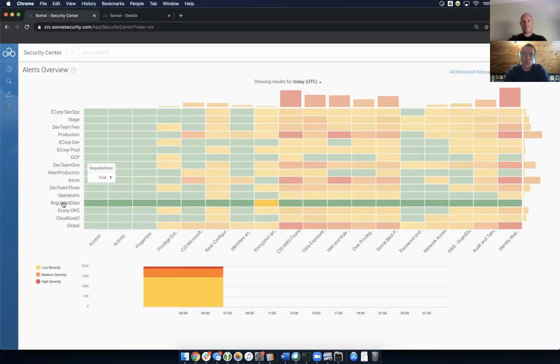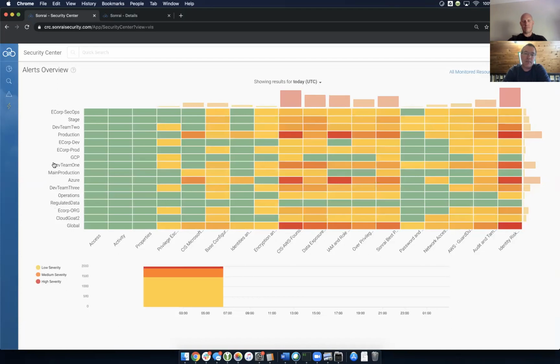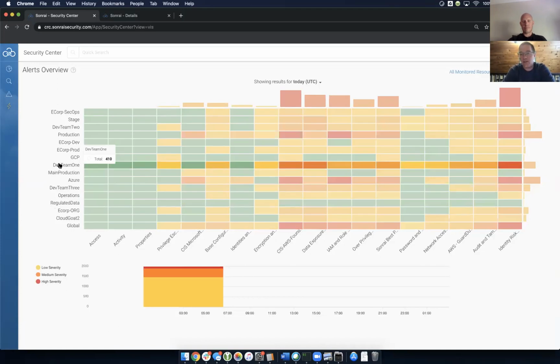You've got a regulated swim lane with an encryption issue that needs to be solved now, versus dev team one, you guys kind of suck. You've got massive identity risks, as you can see by that last orange bar there, that you need to go deal with. It can just give them the couple of issues they need to solve versus the entire company's cloud infrastructure. And it was life-changing for our customers.